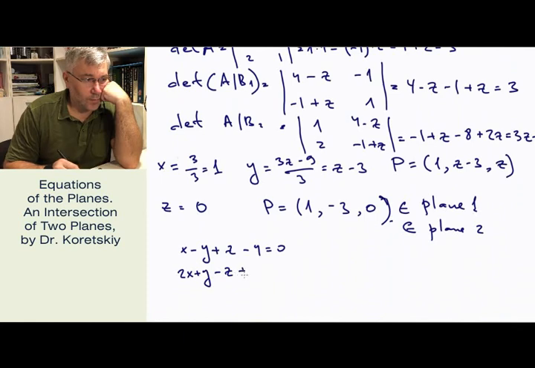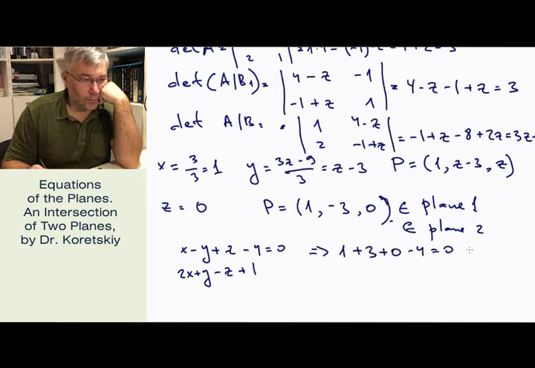If I put 1, minus 3, 0 into this formula, I have 1 plus 3 plus 0 minus 4 equals 0. So it's clear that P belongs to plane 1 consequently. And if I put these numbers into the second one, my choice here,